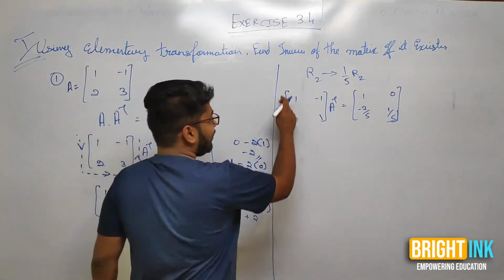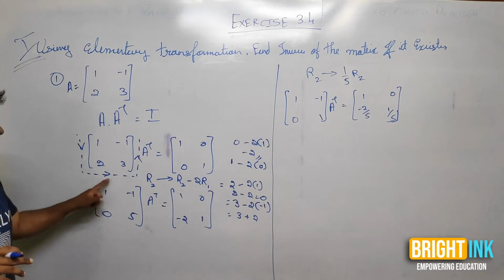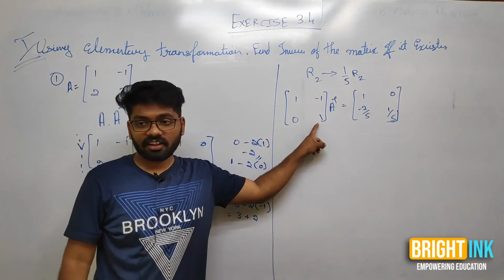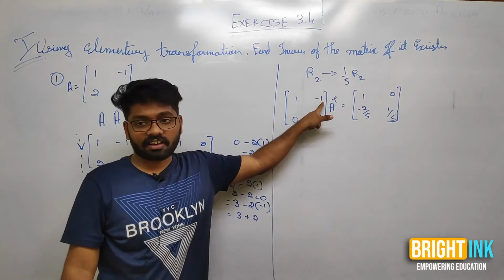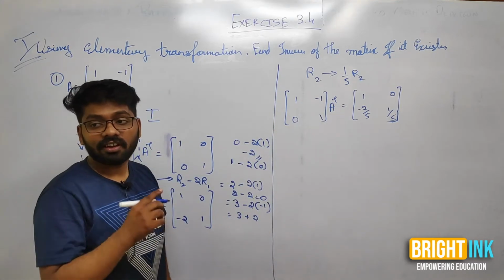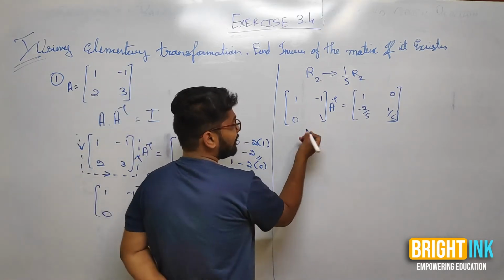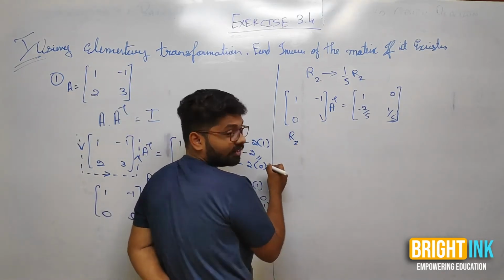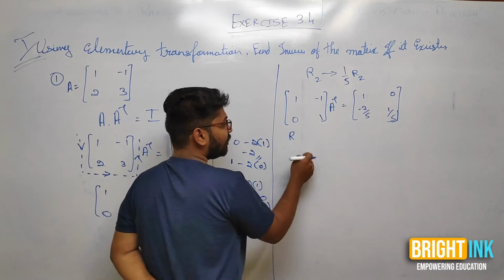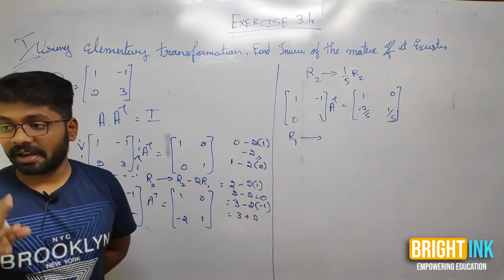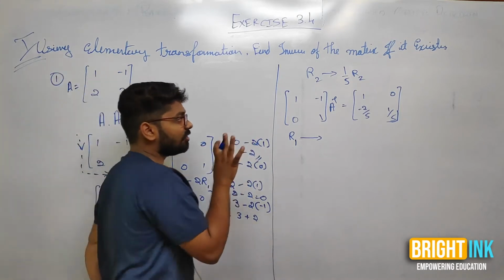Now how is your path? We are going like this, no? So this one is done now. Now this one has to be done. What you have to do there? 0 you should get. What do we need there? We need 0. So therefore where will we make the change? Using R2 in R1, right? So you are going to change R1. R1 changes to -1. What I do, just observe.